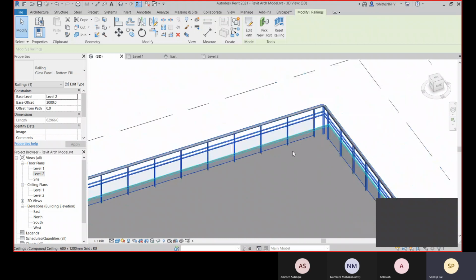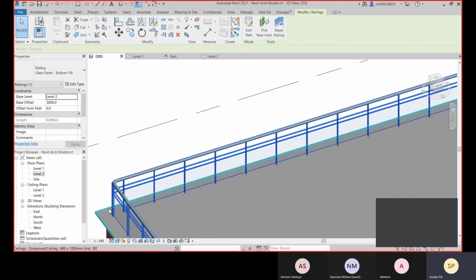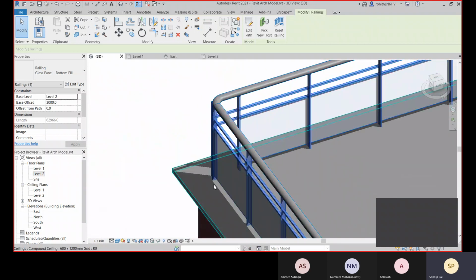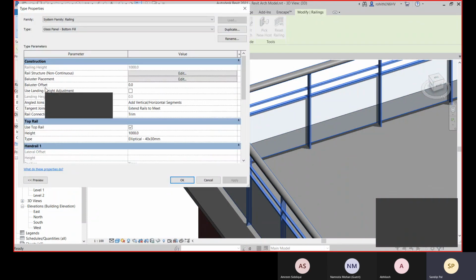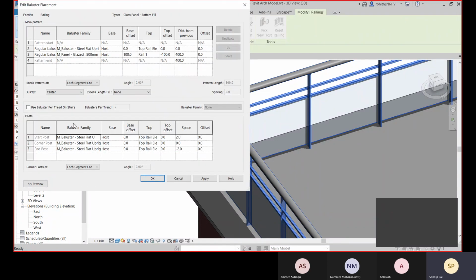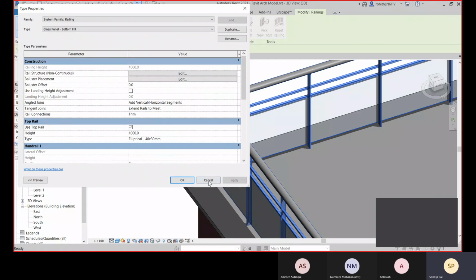So how can you do that? How can you uncheck it? For that, go to its Edit Type, and there you see the baluster placement. These vertical components are your balusters. Go with this Edit Type, and there you see at the bottom this corner post is selected right now. If you make it None, there will be no corner post.